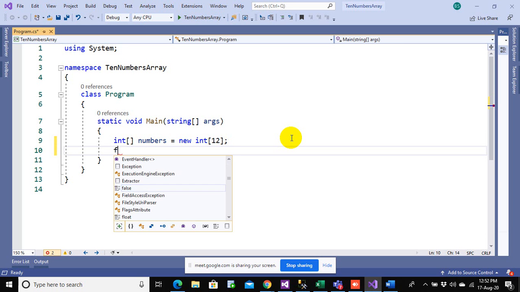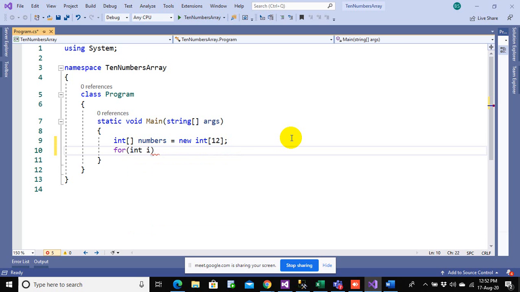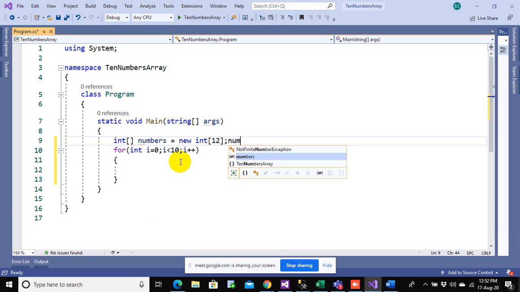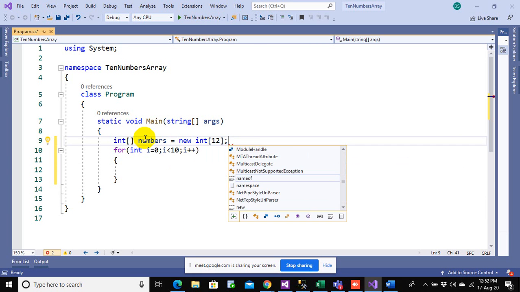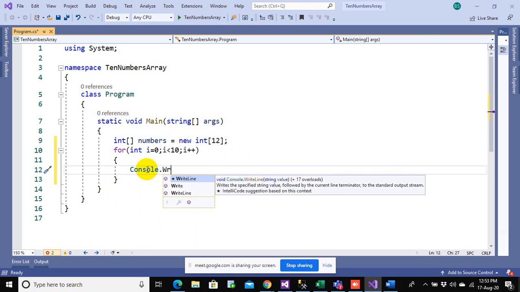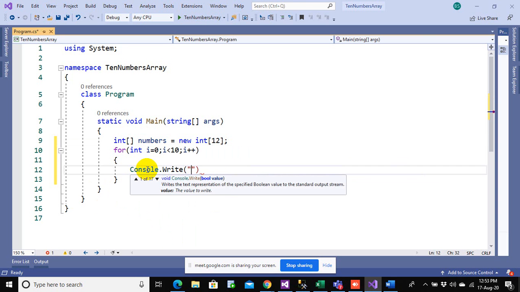Let us scan the 4. And I need to create a variable. I need to read the numbers and store numbers.